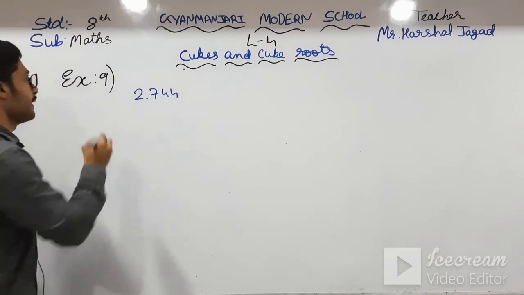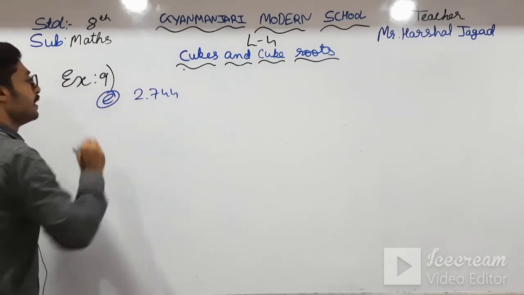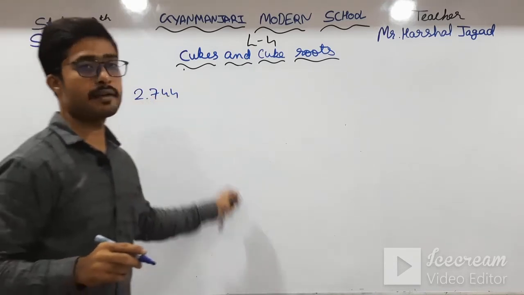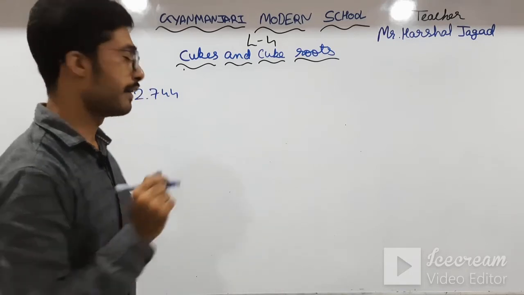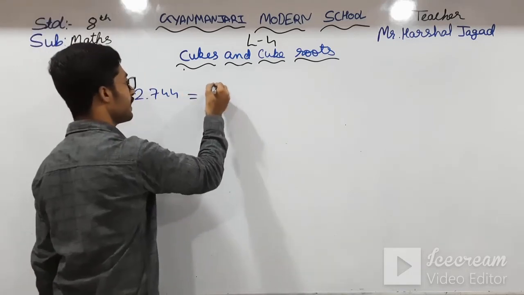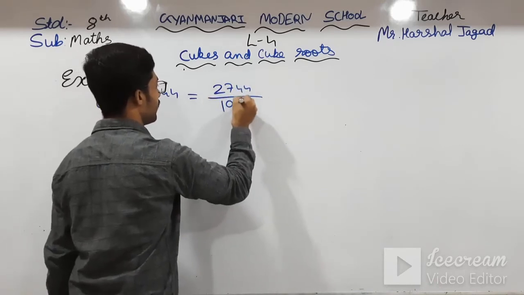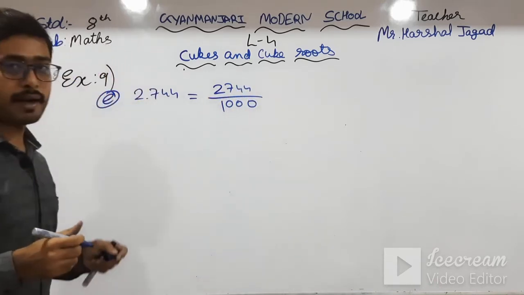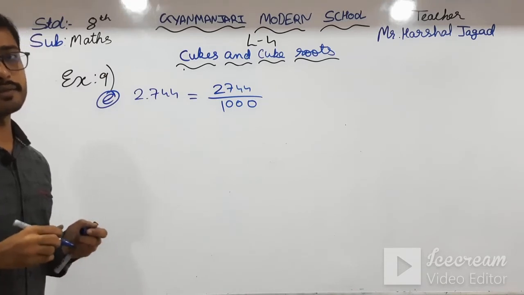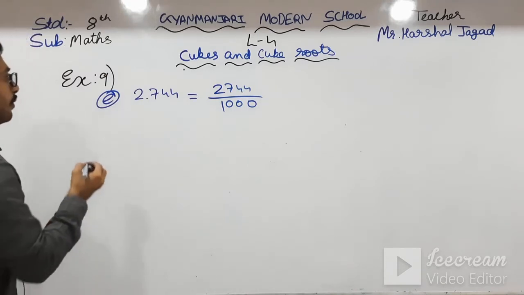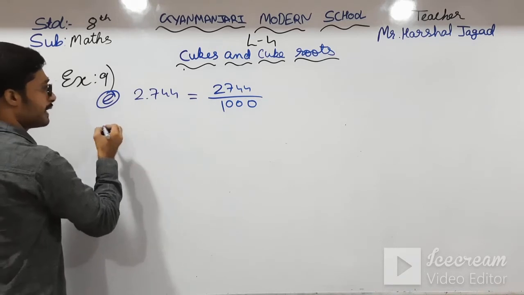We have to find the cube root of 2.744. How we will find? First of all, we can write this as 2744 by 1000. We can write this, students? Yes, we can write. Now we will take the factors